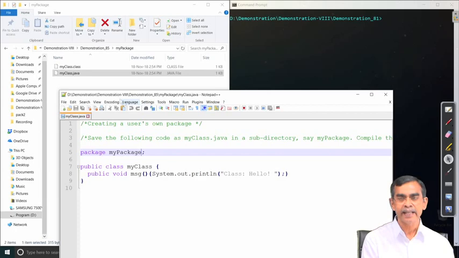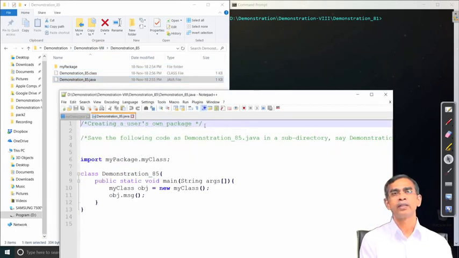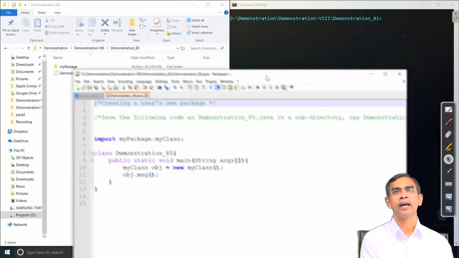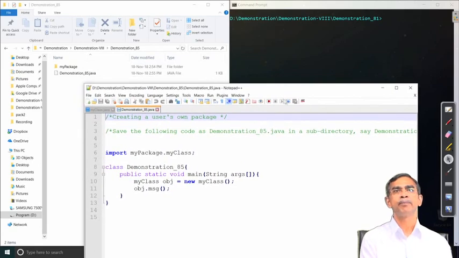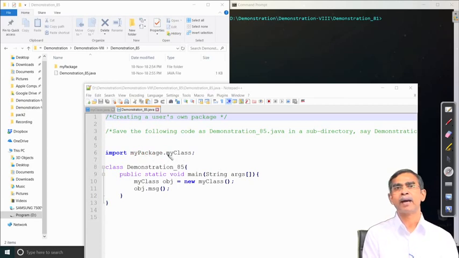Now, once this package is created, then we can access this package in our other programs. So, this is an example showing it. Here we can see we are just attempting to access the package. In order to access this one, we have to use import again. It is just the same as the usual concept we have already learned, but in this case we want to access the package my package and the class my class. So, import my package dot my class, and then the rest of the program accesses this my class, creating an object of this one.